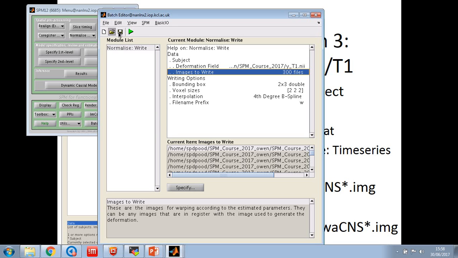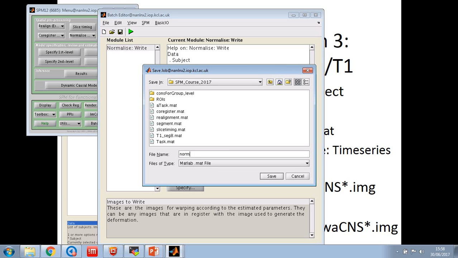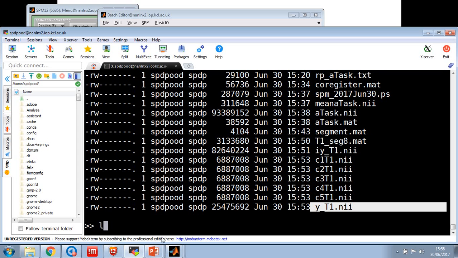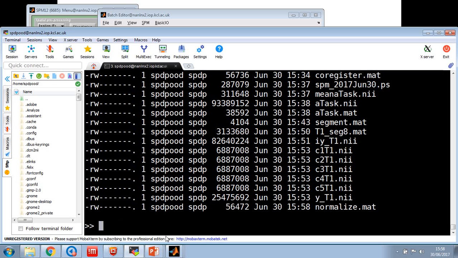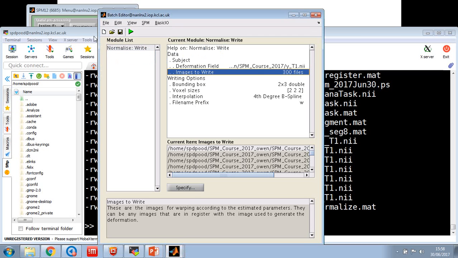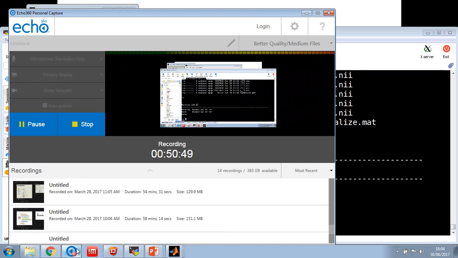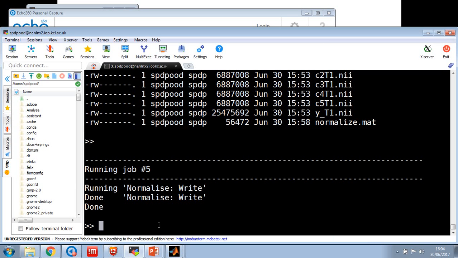We can save this, and we'll call it normalize. Okay, the normalized file's there, so we can press play on the batch editor, the little green arrow. And again, I'm going to pause this and let it run through. Okay, so we can see now that normalization is done, normalization write is done. So if we ls,